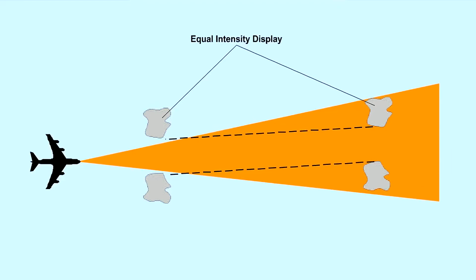Manual gain is not available, but an automatic gain control is operative, also called the swept gain facility. This ensures that the intensity of the display is independent of range up to about 25 nautical miles. So a small cloud at 5 nautical miles does not give a stronger return than a large, more dangerous cloud at 20 nautical miles.